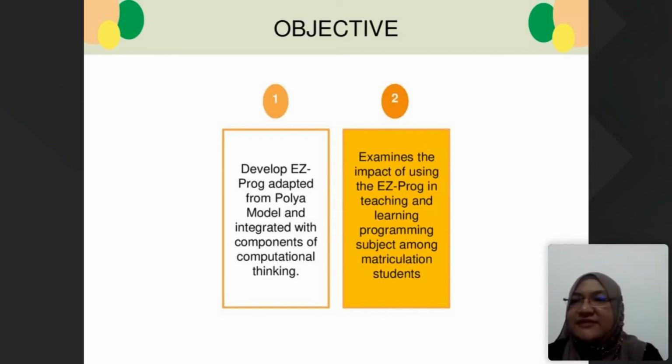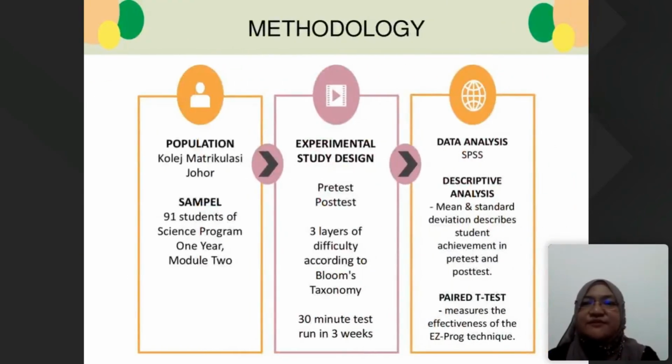For the design, we use an experimental study with a pre-test and post-test. The questions have three levels of difficulty according to Bloom's taxonomy, and this runs over 3 weeks. Each test is a 30-minute test. We analyze the pre-test and post-test using SPSS.